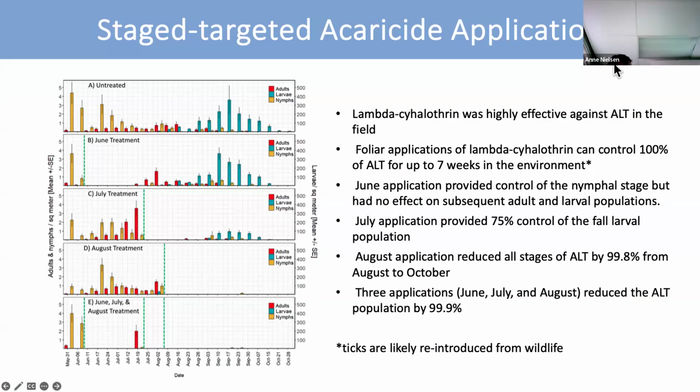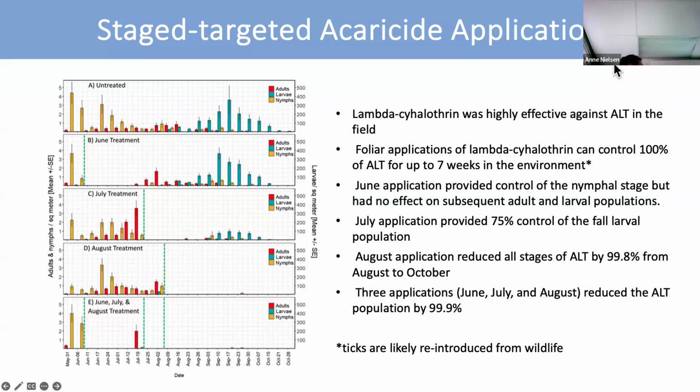So we did 3 types of treatments. Treatment in June to target the nymph population, in July to target the adult population, or a treatment in August to target the end of the adult population, more towards when they were about to lay eggs. And then we compared that with treating them in June, July, and August. We did this in a field, in a park, and what we concluded from this study is that lambda-cyhalothrin was